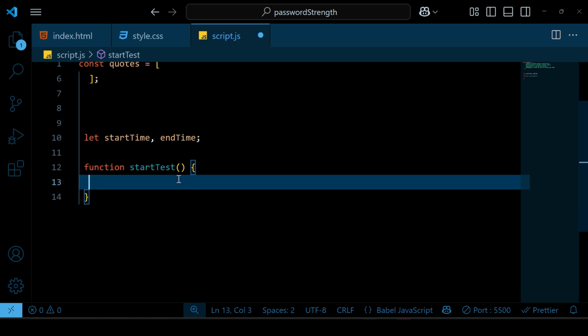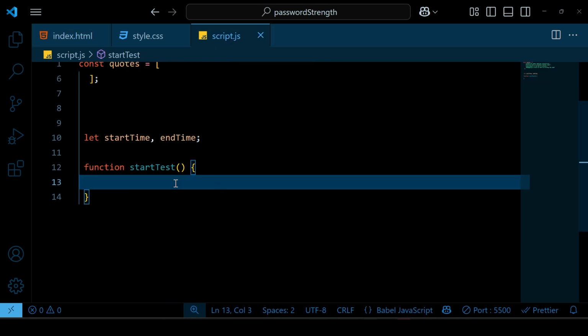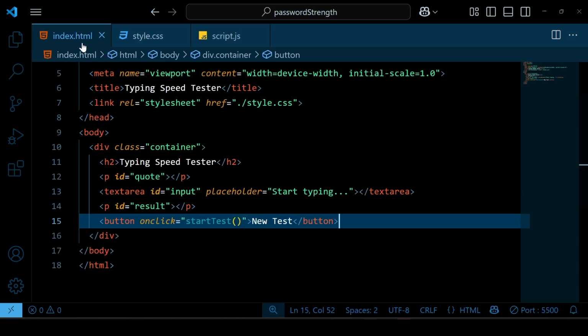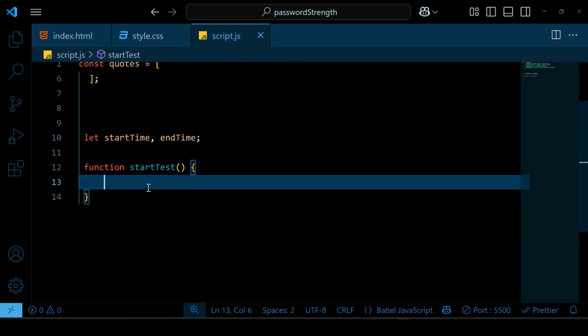Then we will simply have a function that you had here. That is your button start test. Now we will define that function. It means if a user clicks on this, what this function will do, that is your start test is defined here. So first,